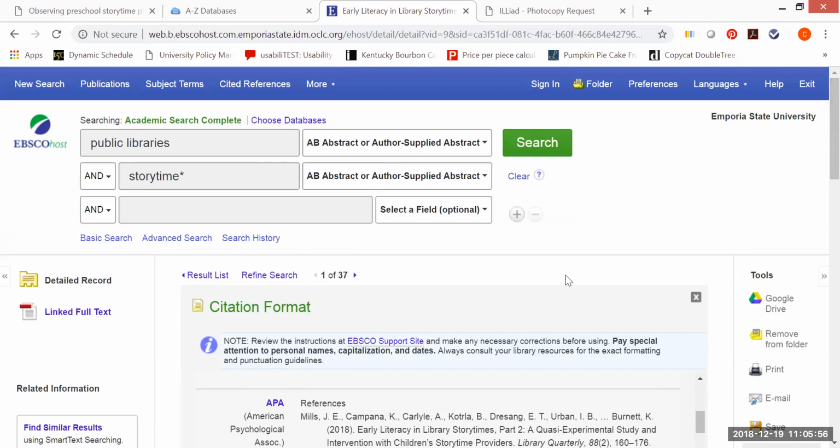I hope that this has been a good introduction to using Academic Search Complete. The steps and the techniques that I showed you can actually be applied to other databases in library and information science. And as always, you can always contact me at